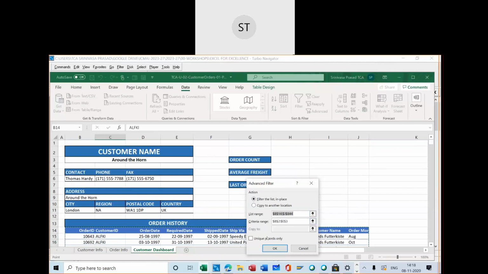And then please remember one more thing. What we wanted to check, we are telling Excel, take this range and then take these two fields, customer name and the actual value of the customer.